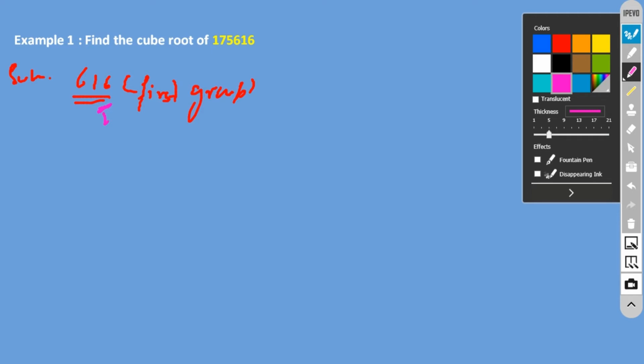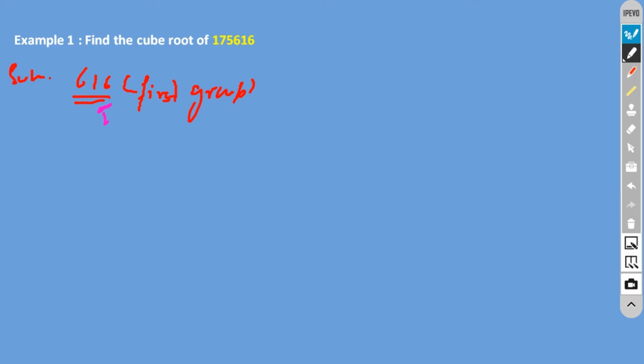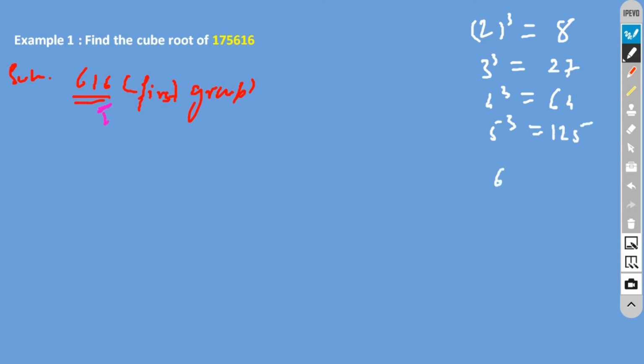We are going to do cubes and try to find 6 as our unit place. The cube of 2 is 8, 3 cubed is 27, 4 cubed is 64, 5 cubed is 125, and 6 cubed is